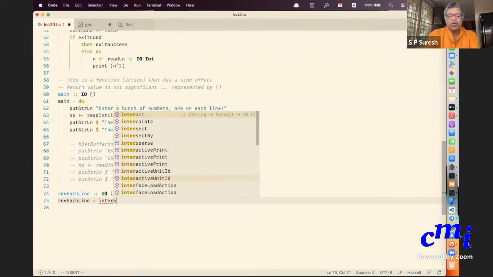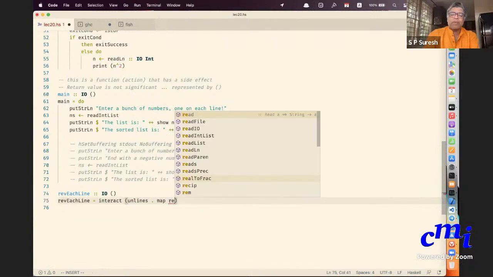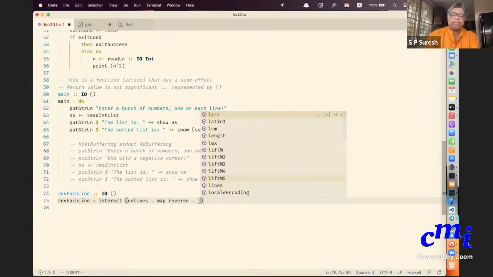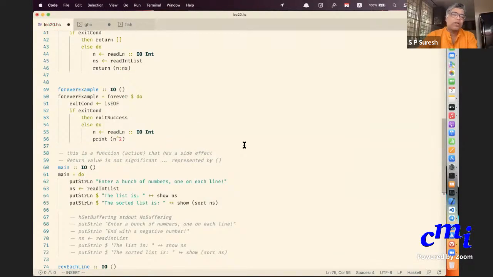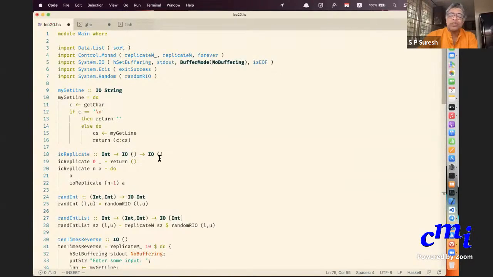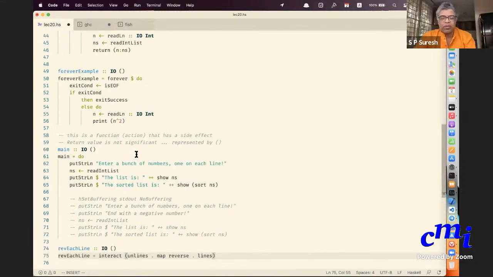Interact using the function that does unlines dot map reverse dot lines. That's all. Amazingly, for interact, I don't seem to need to do any import. It's available with the prelude.